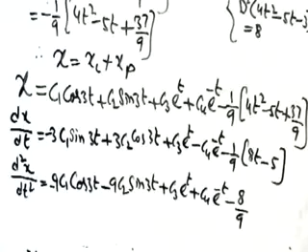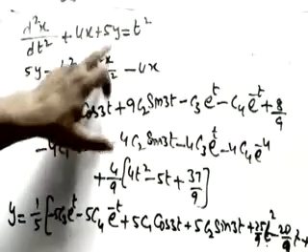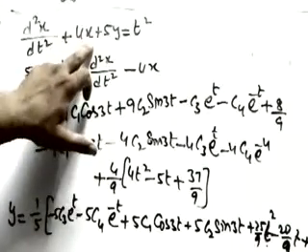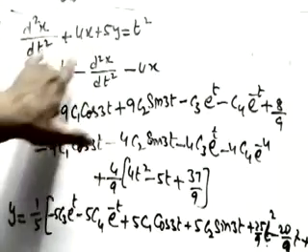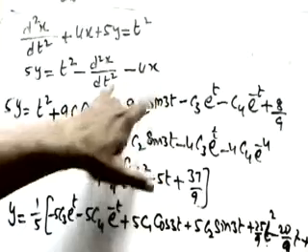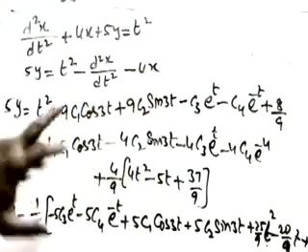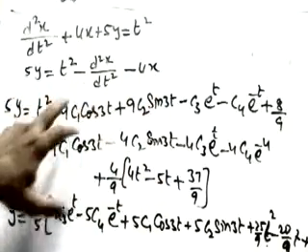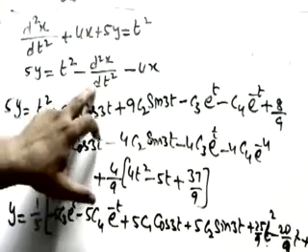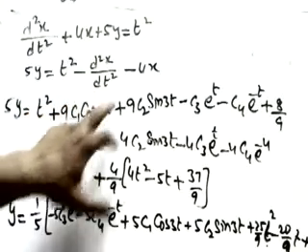Now we have to substitute this in equation 1. Now see here, we have to find y. So bring in the equation 1. We already got x and d square x by dt square. Bring this to the other side. This will become minus. Now you substitute the values: 5y equals to t square minus, if you got this value,